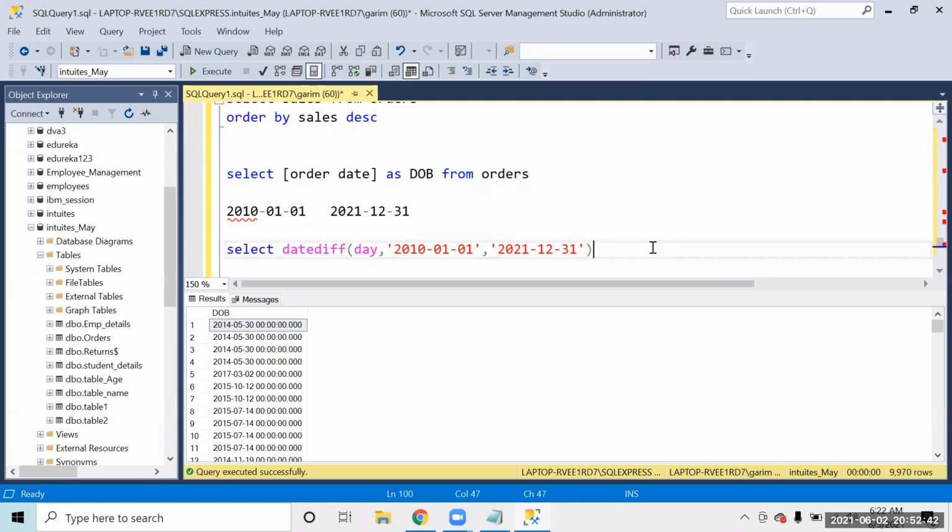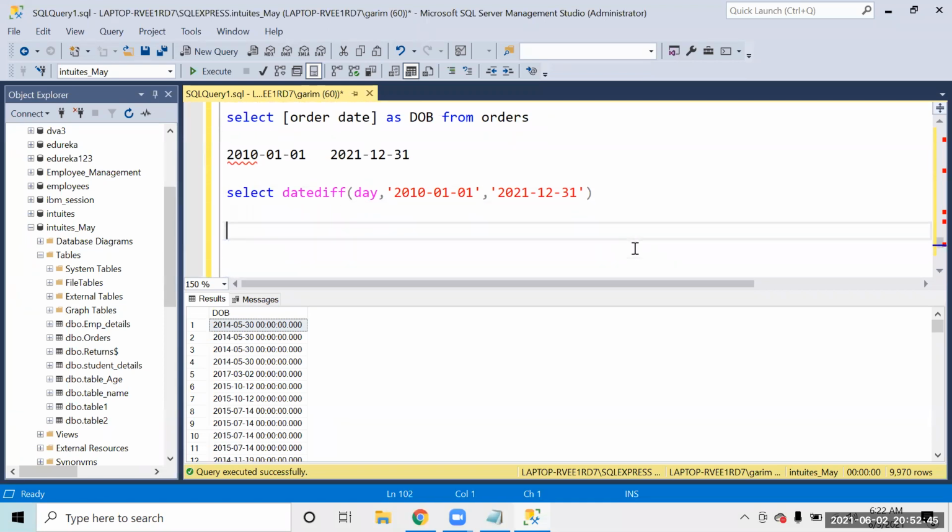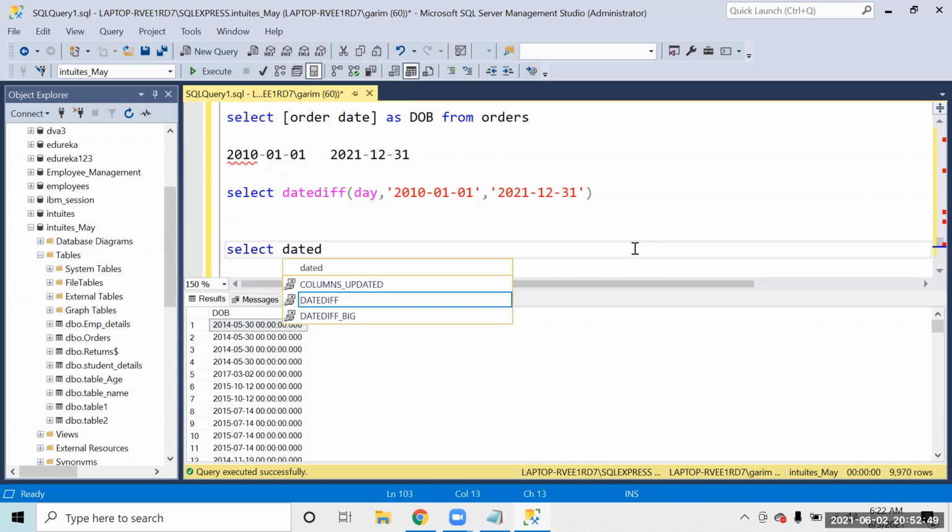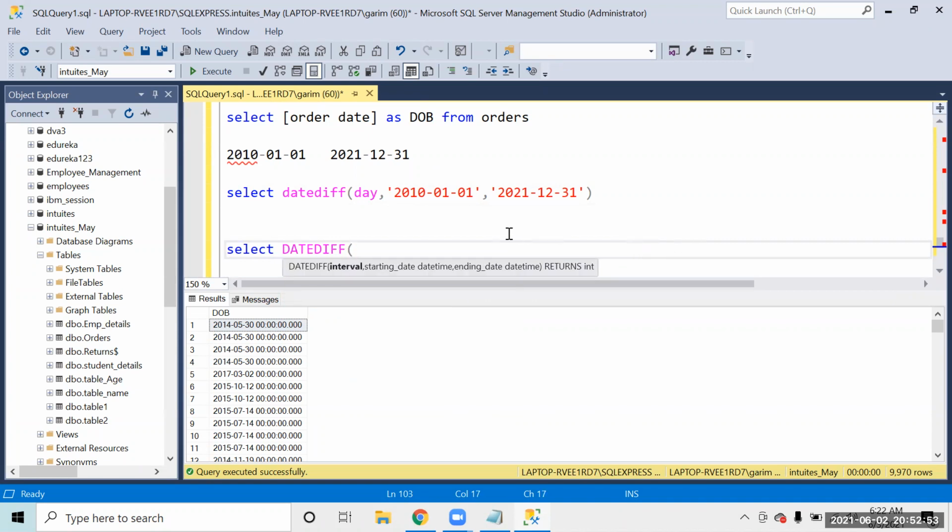Did you get the answer right? So what we can do over here is, if I say SELECT DATEDIFF, we have to find the difference in terms of years. So what will be the starting date?